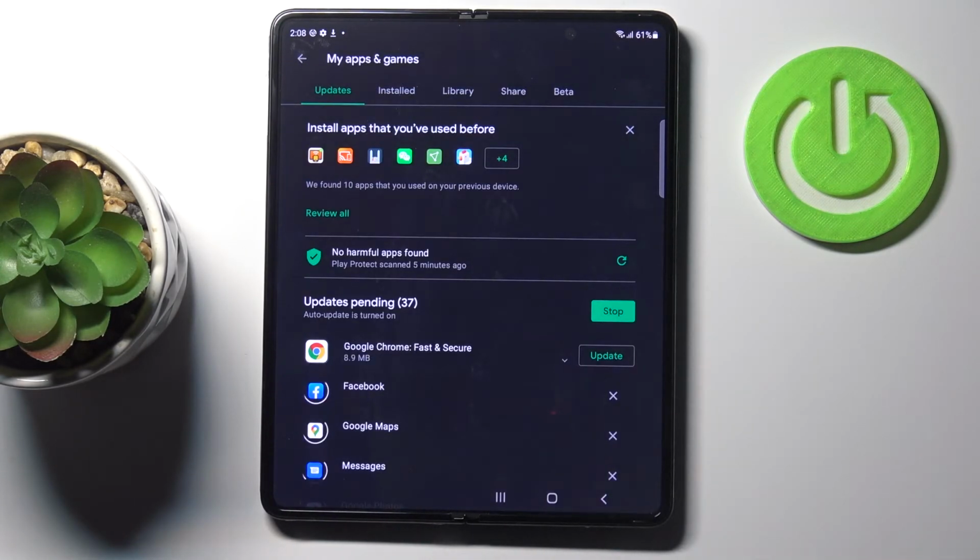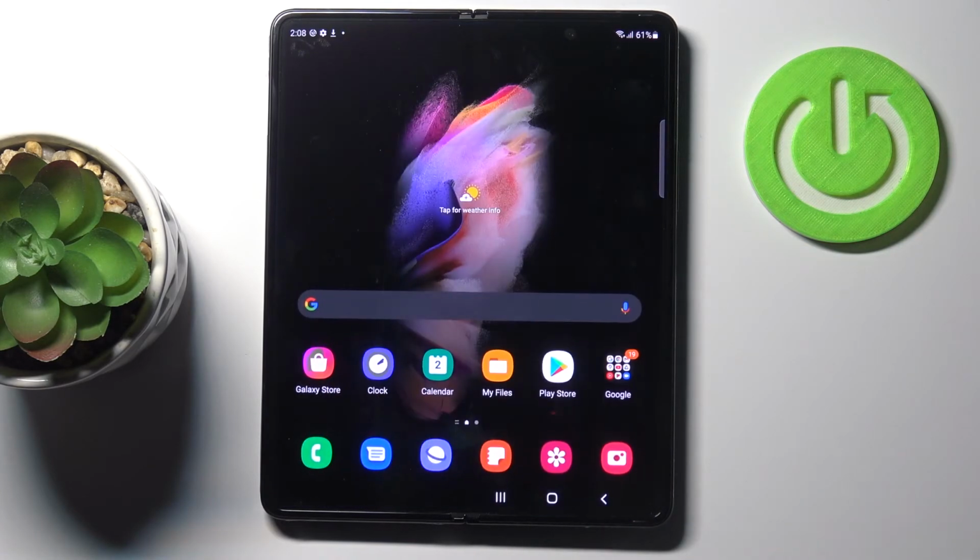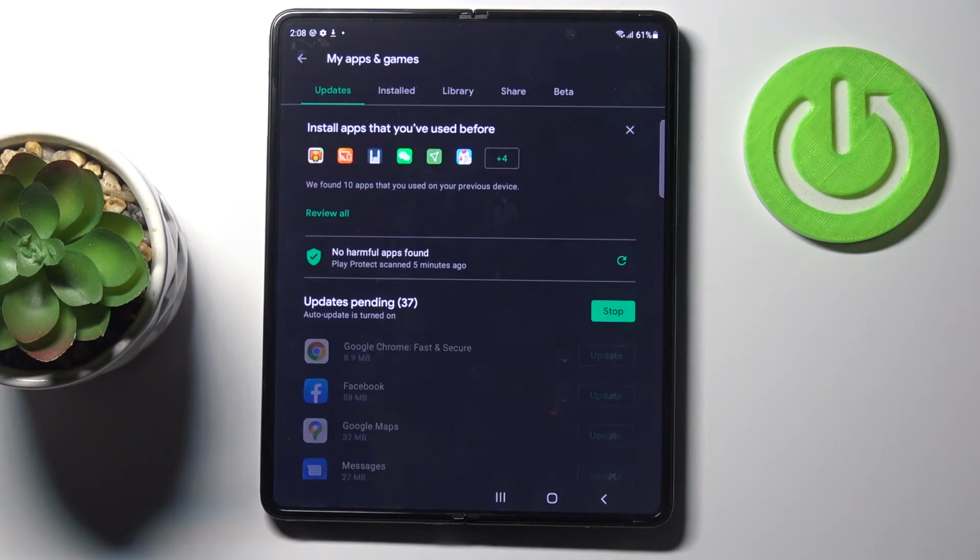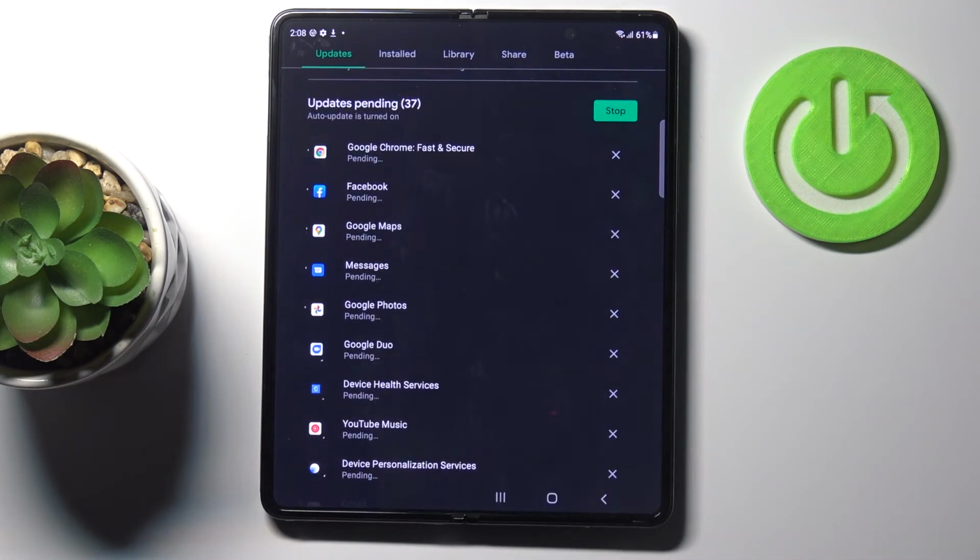To do it, just click on Update All. Meanwhile, you can use your device in a normal way, and then if you go back, you'll be able to check the progress. So this is it. This is how you can update apps in your phone and your